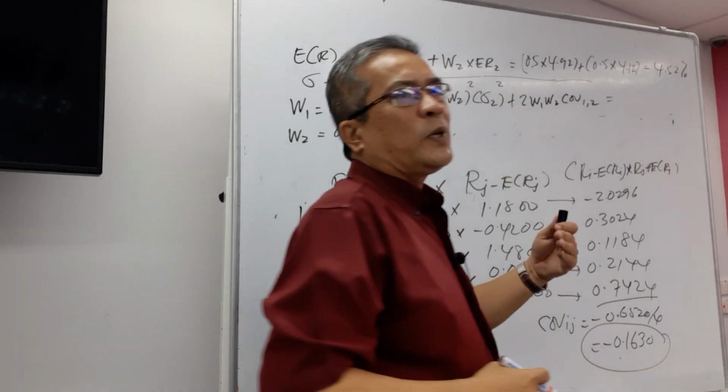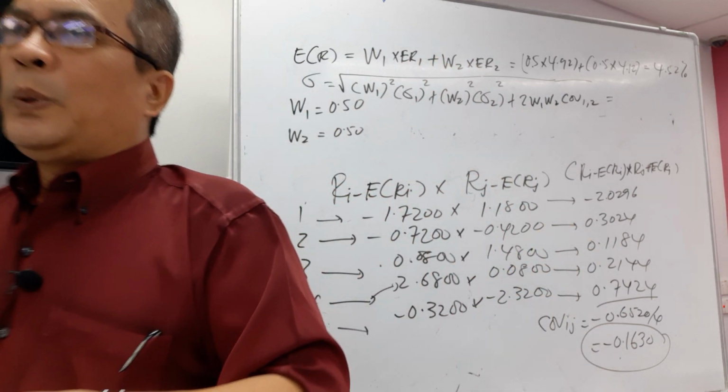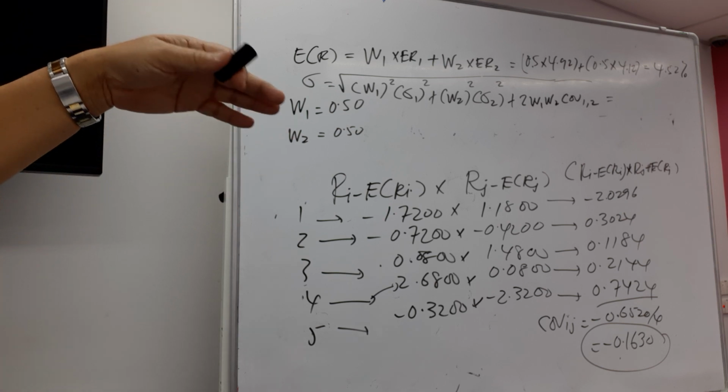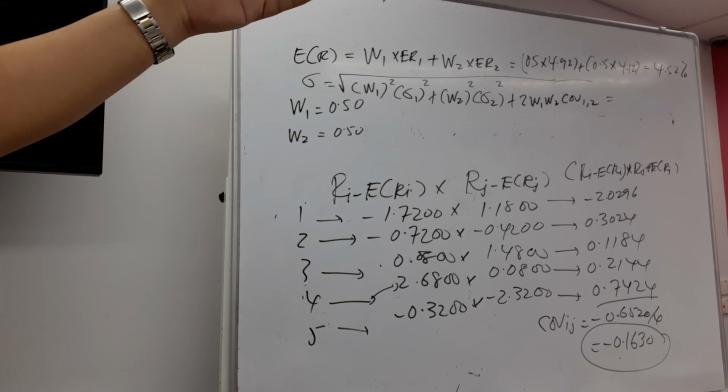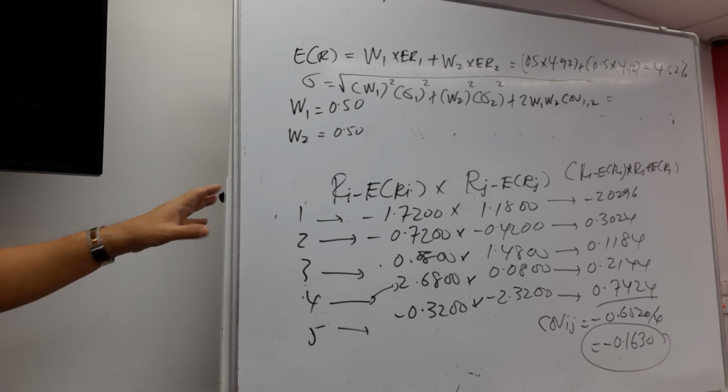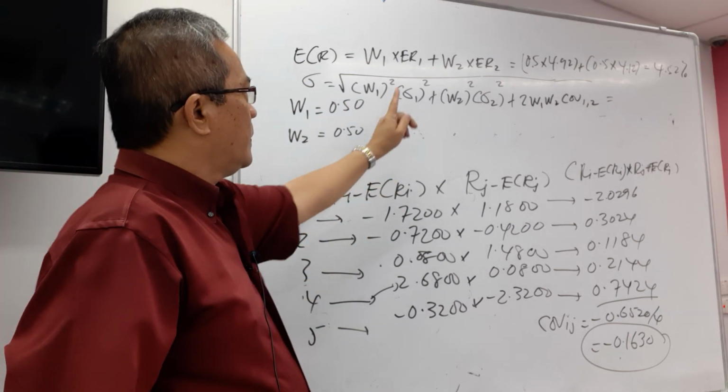We skip this process because we want to discuss other questions. So what is the answer for the standard deviation of the two asset portfolio? Or do you want me to show you how to calculate this? Okay, if you want me to show you,